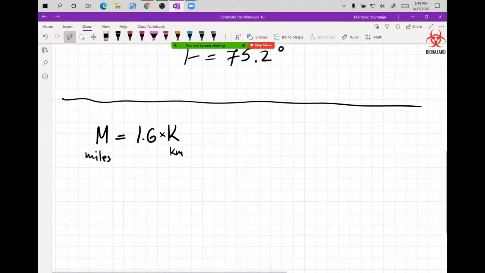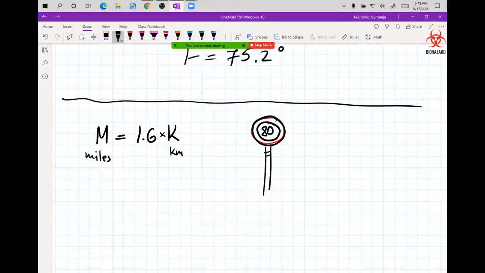So if you see a speed sign, and they're usually round in Europe, like this, and it says 80 on it, that 80 is 80 kilometers per hour. And yes, we are going to put that in our formula to see in miles. So it's going to be 1.6 times the amount of